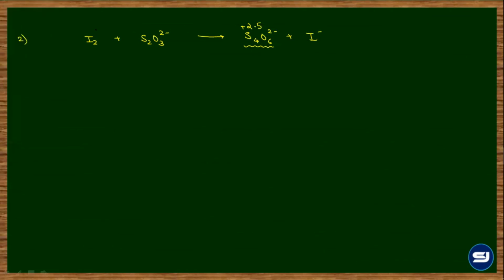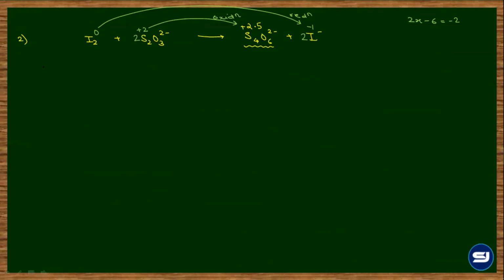Yes, sir. Okay, let's assign the oxidation number for the other species now. I2 zero. S would be, it will be 2x minus 6 equal to -2, 2 plus 2. plus 2 आ रहा है, and I minus is directly -1. So iodine is undergoing reduction and sulfur is undergoing oxidation. Balance all the atoms apart from hydrogen and oxygen. 2S2O3. I2 के लिए 2I माइनस और S2 और S4 के लिए 2S2. ये करना जरूरी है.